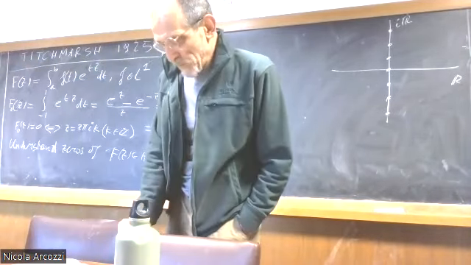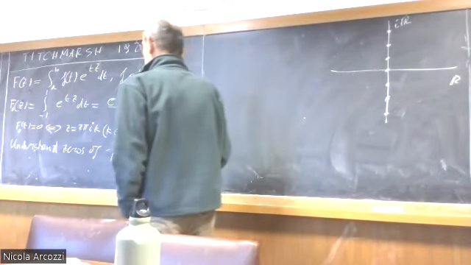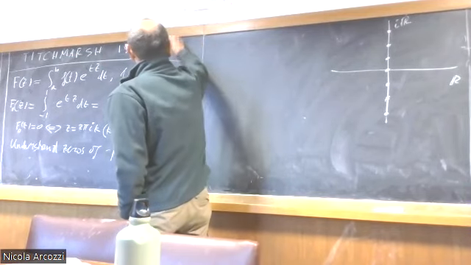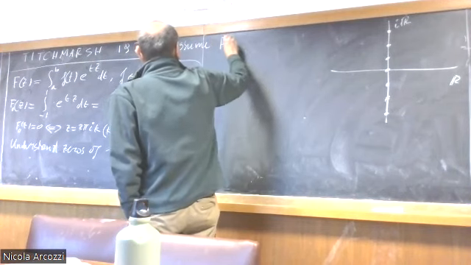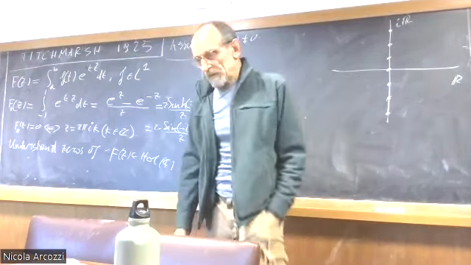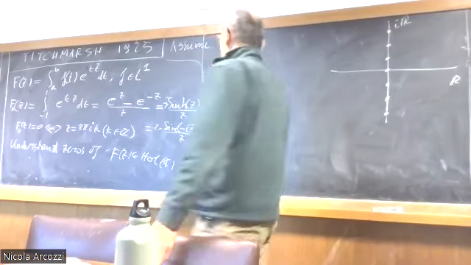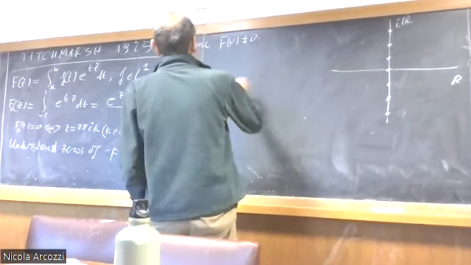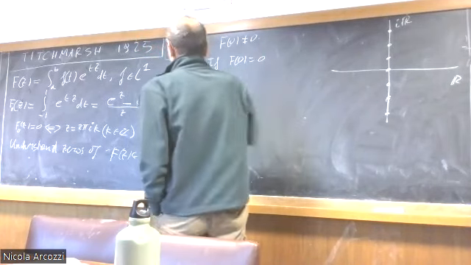Basically we will make the assumption that f of 0 is equal to 0. This is not much loss of generality, because suppose that f of 0 is equal to 0, we can